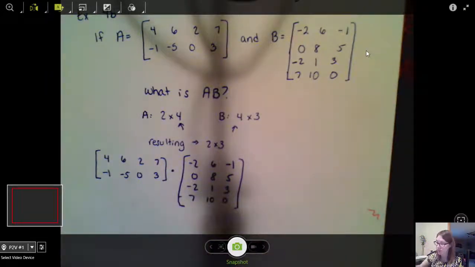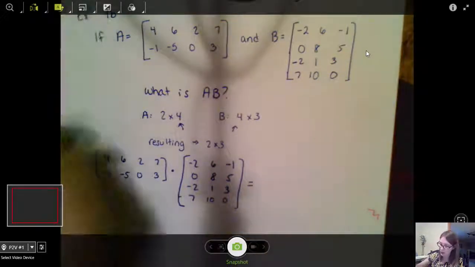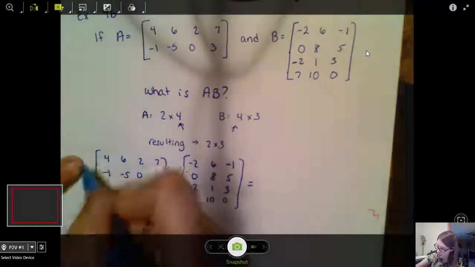This is a little bit more complicated just because I have more dimensions, I guess. But I will start off with highlighting